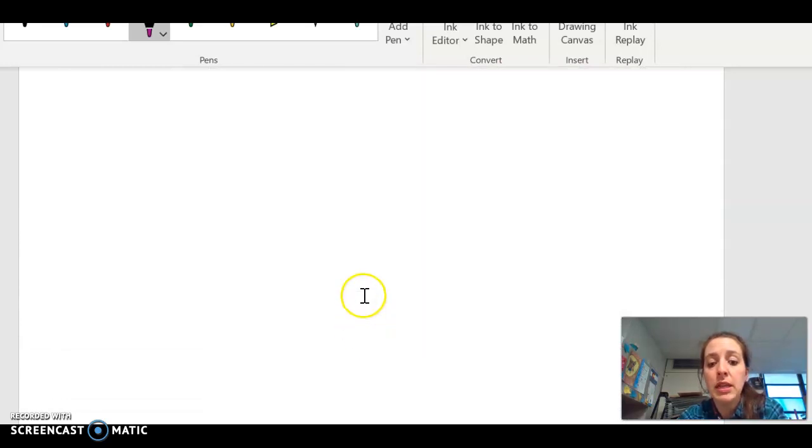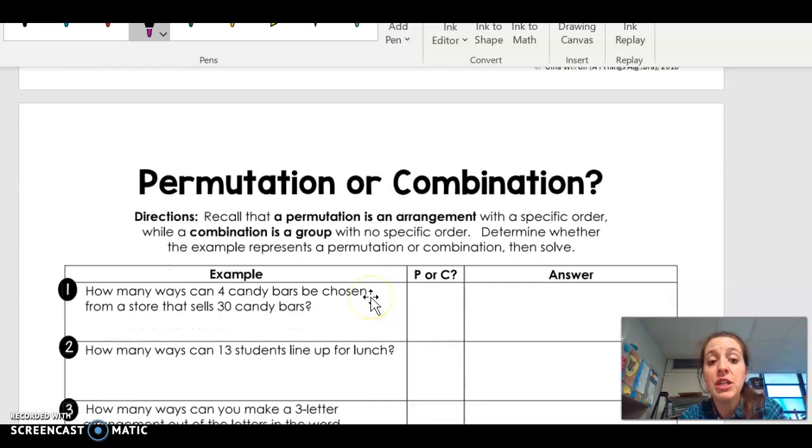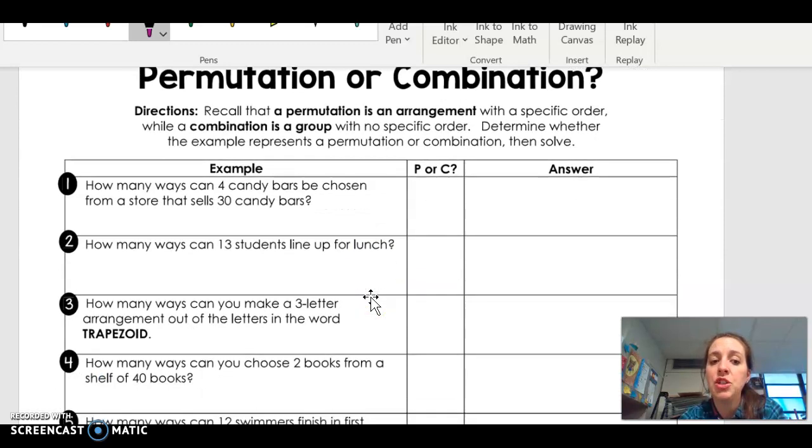So the last thing I want to spend a little bit of time looking at is that next sheet in your notes, and it says permutation or combination. This is really important. I have to take in this information and figure out what I'm going to do with it. So look at example 1. How many ways can 4 candy bars be chosen from a store that sells